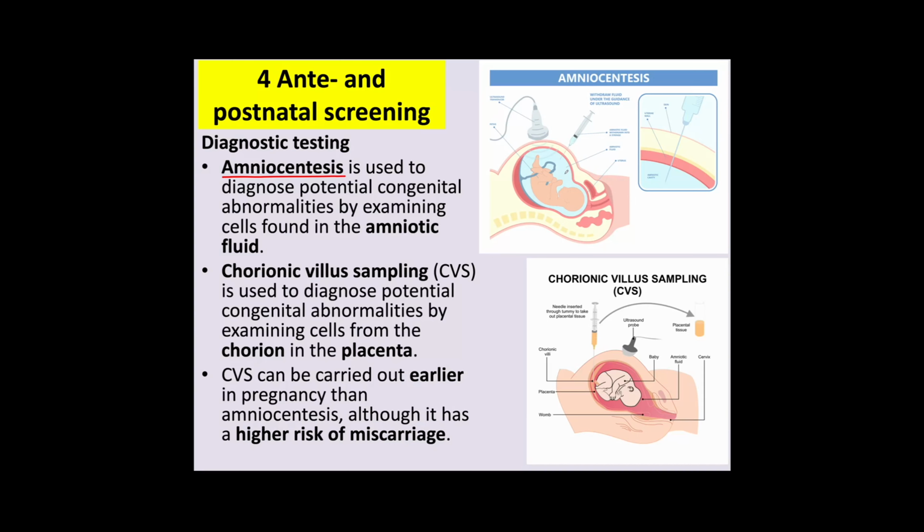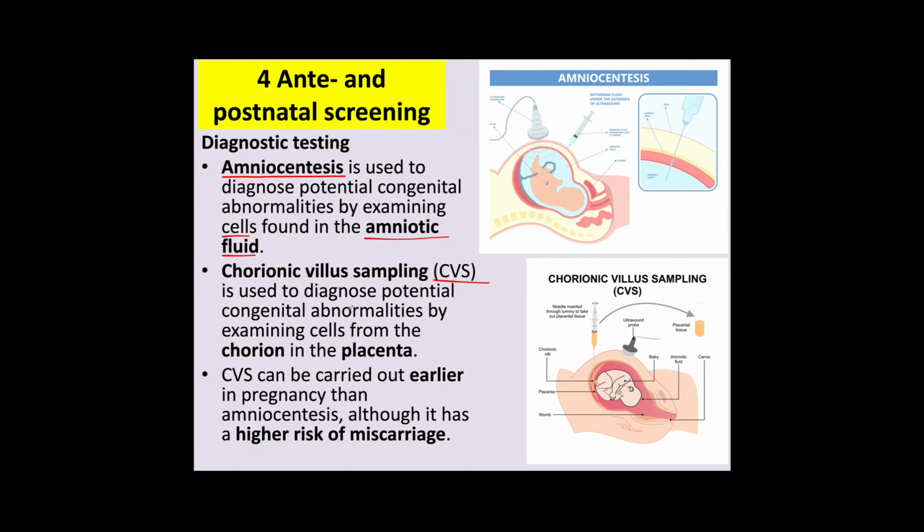And what they can do with those cells is they can then culture them in a lab and use them to investigate any chromosomal abnormalities a bit later on. But they diagnose these potential congenital abnormalities by examining the cells that are found in the amniotic fluid, okay? So that's amniocentesis. Chorionic villus sampling, or CVS as it's more commonly written down, is used to diagnose these potential